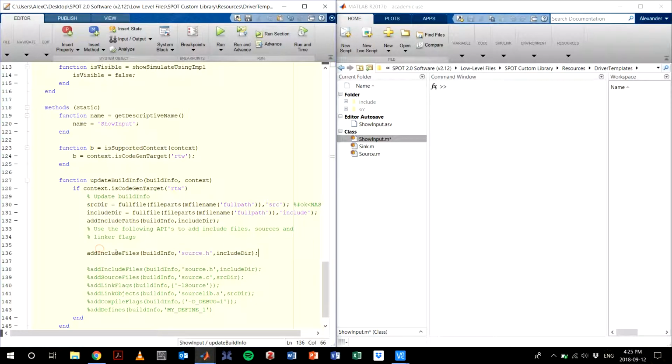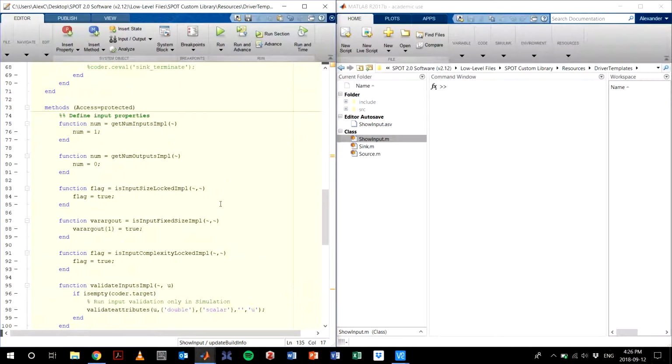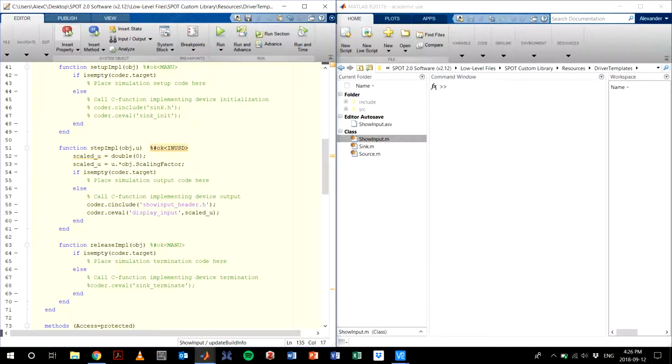So this is for include files. Our only include file is show_input_header.h. And then we need to add our source files. So this is show_input_source.c. And that is pretty much all you need to do. It's pretty straightforward. So now we can save this,